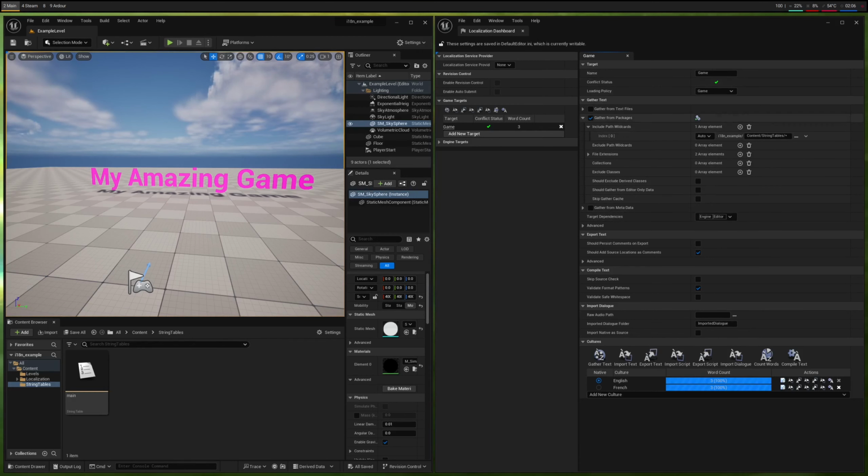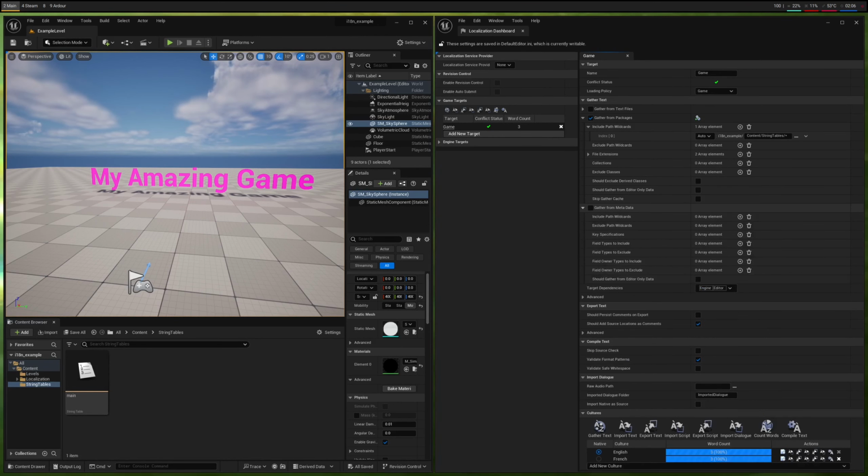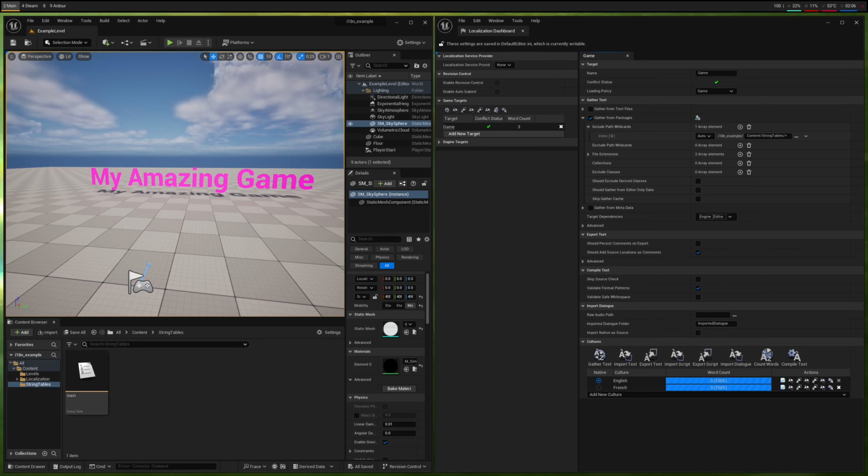And there are some other options in here of where to gather text, like you might be able to gather text from an external text file rather than a string table, and things like that. There's a lot of options in here. I don't know exactly what they all are,